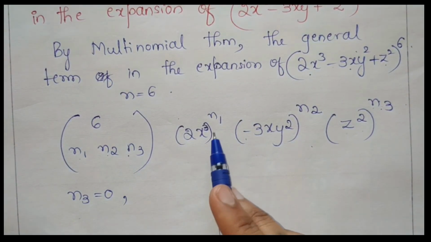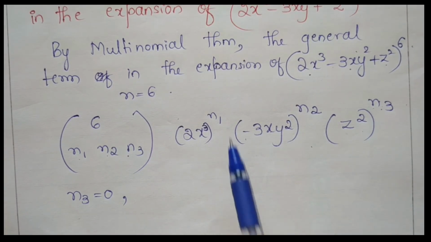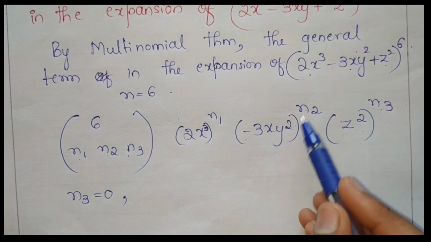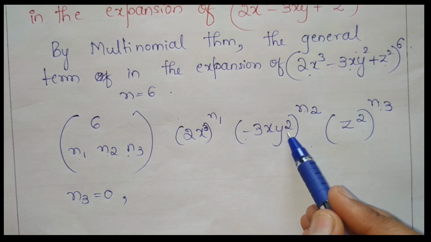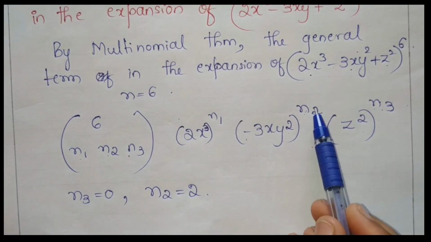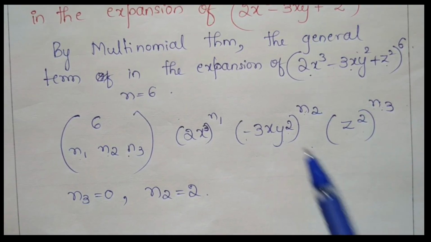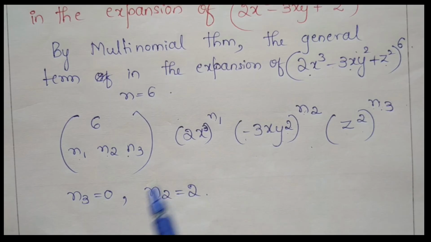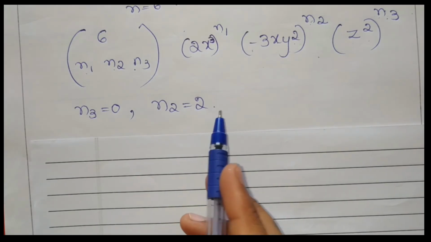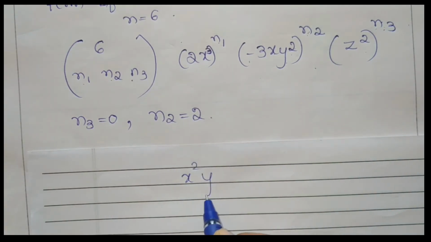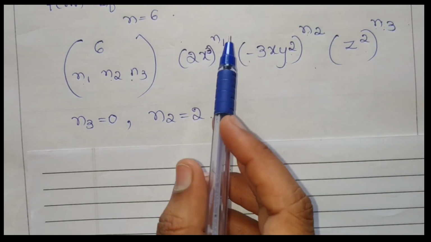So next, choose the values for n1 and n2 so that I can get x raised to 11 and y raised to 4. So here I have to put n2 is equal to 2. Okay. So with n2 as 2, I can get y raised to 4. Then choose n1 so that I can get x raised to 11. Here it is already x cube. See, I have chosen n2 as 2, which gives x square and y raised to 4. Okay. So here I have to choose n1.